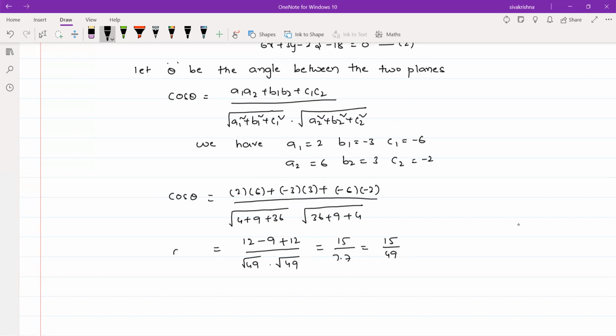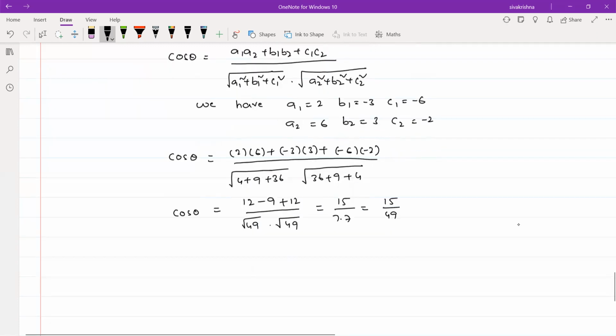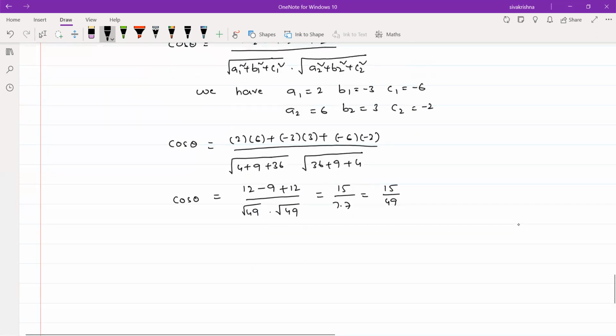So this is the value of cos theta. But we want the angle. So cos theta is equal to 15 by 49. This implies theta is equal to cos inverse of 15 by 49. So this is one angle. If you want to find another angle, then what we have to write is, the other angle